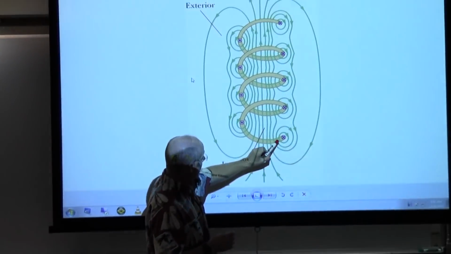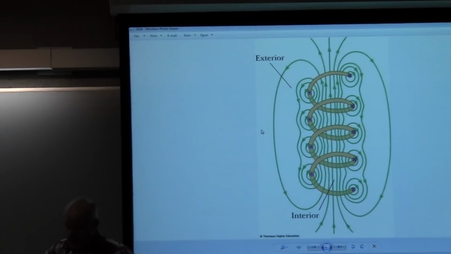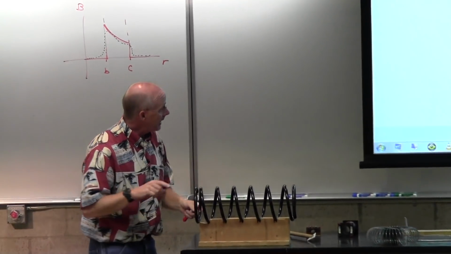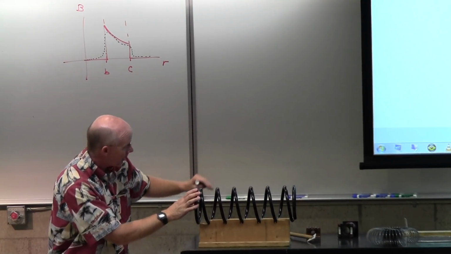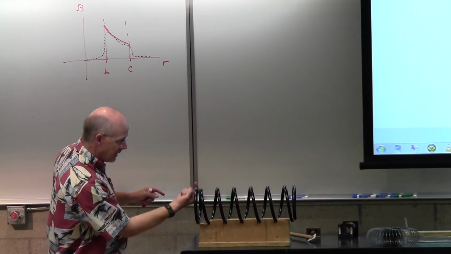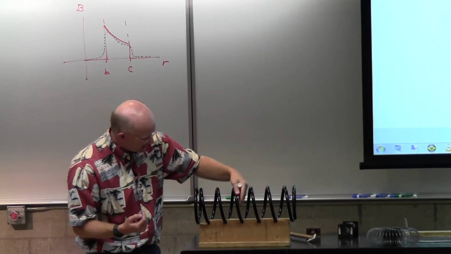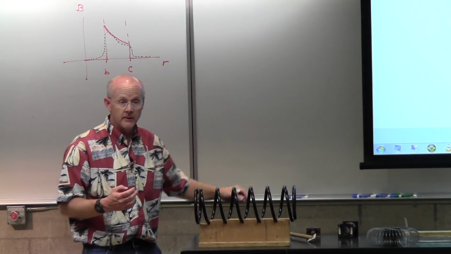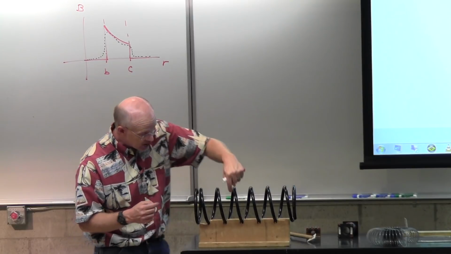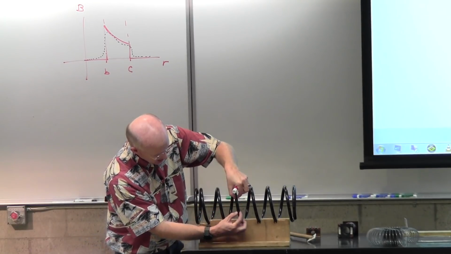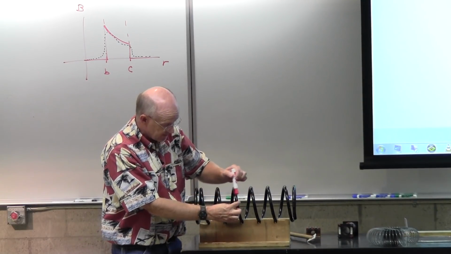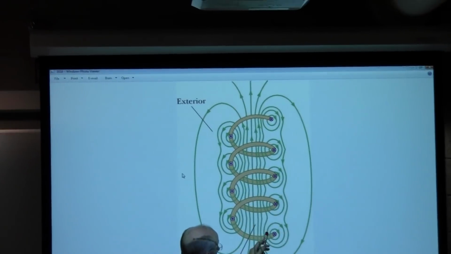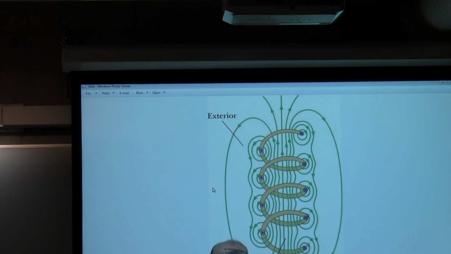But you can kind of see here what the author is trying to say, and he puts the purple for the current. Looking at it this way, this is the bottom part, he's got the current going down and then up and then down and then up and then down and then up. And he says if you grab one little section like this one, and you think of this little section as a straight wire, and you grab your right hand, putting your thumb in the direction of the current, wouldn't this little section make a magnetic field around it? And that's what he's trying to show right here, or right here, or right here. Whereas then on the other side,